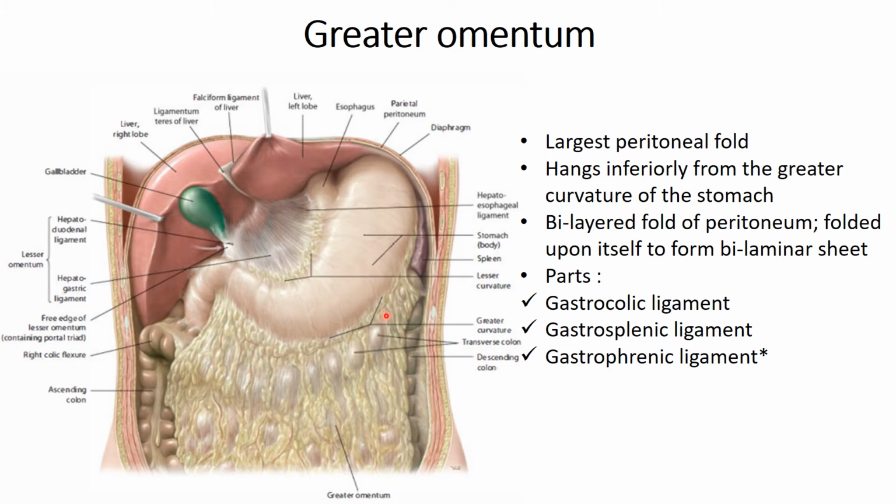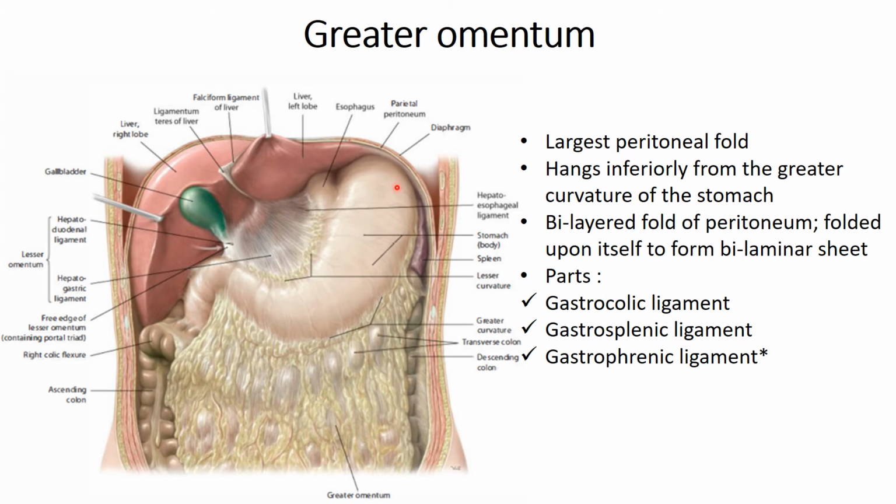This portion is known as the gastrocolic ligament. Now the left side of the greater omentum envelops the spleen on the left side, except a small area on the hilum of the spleen which is a bare area. This portion is known as the gastrosplenic ligament,